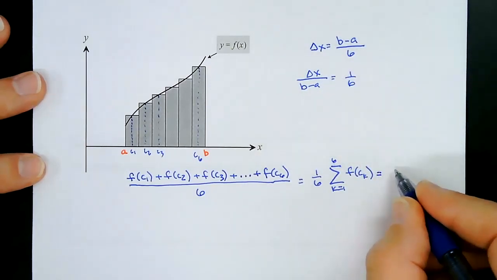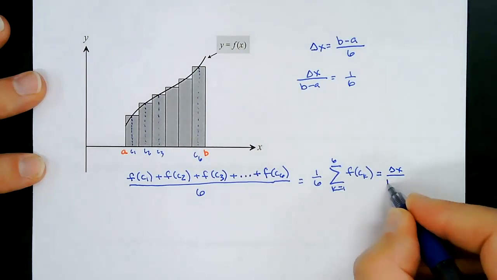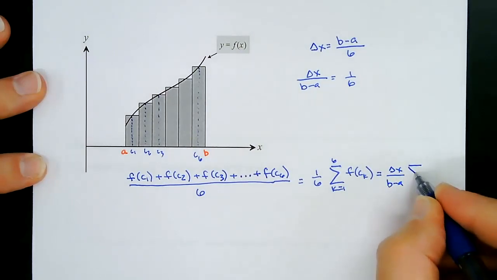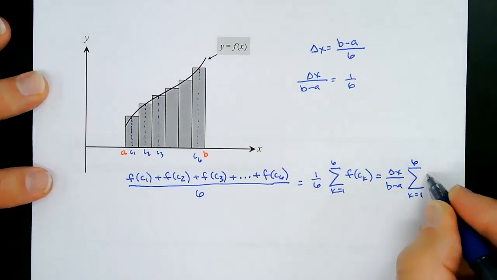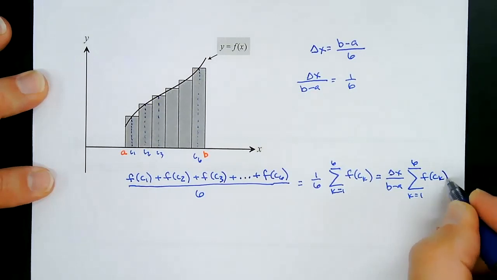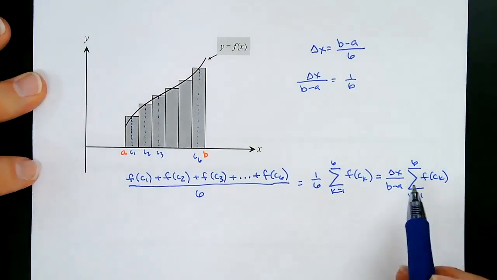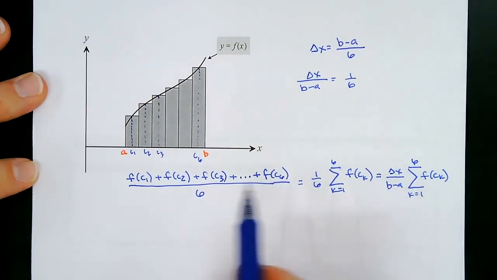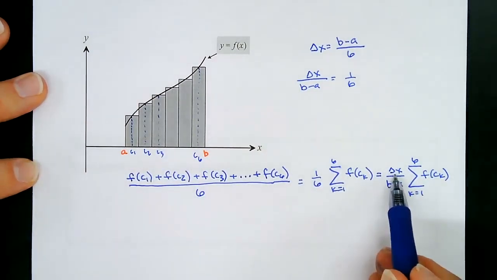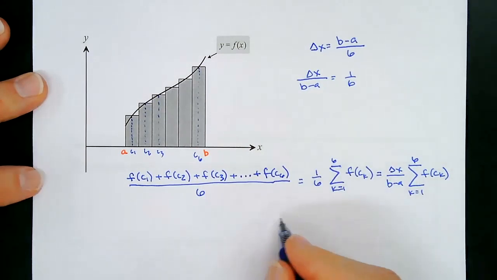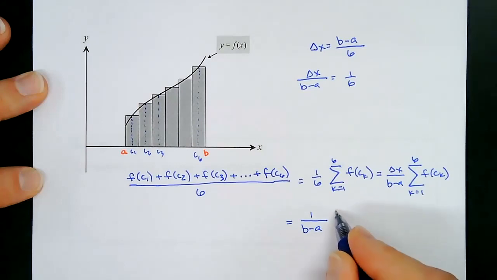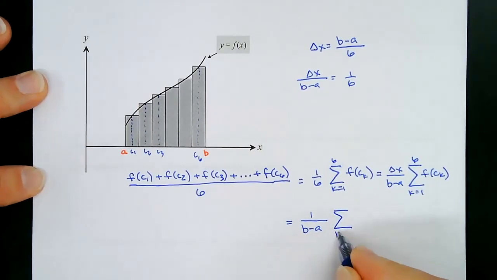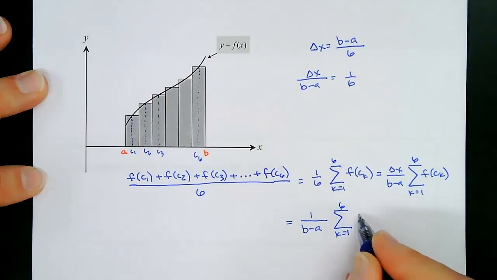So this becomes delta x over b minus a, just like before, the sum from k equals 1 to 6 of f of c sub k. Because these delta x's are all the same, I could bring this in and multiply it. So then that means 1 over b minus a, the sum from k equals 1 to 6 of f of c sub k